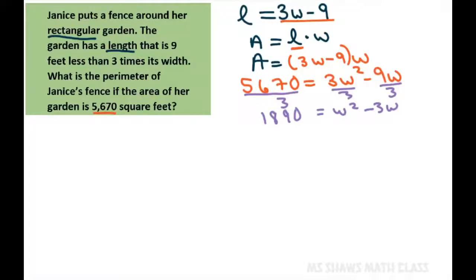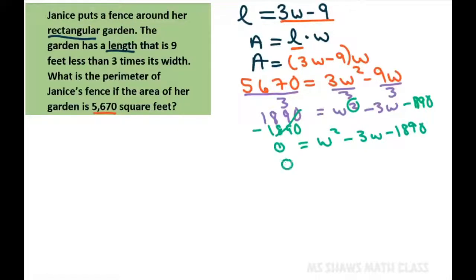And now it's a quadratic in form, so I'm going to subtract 1890 from both sides of the equation and set this to 0. So basically we have 0 equals w squared minus 3w minus 1890. Now we have to factor this. So we're going to have (w )(w ). And since you're going to use a calculator on this, what I did is I went to my TI